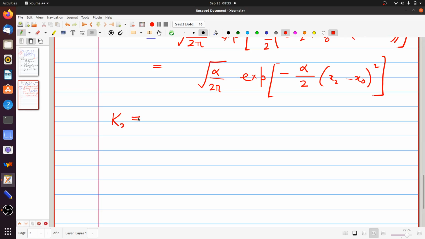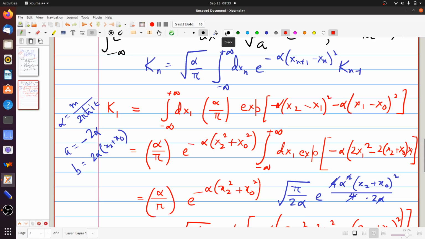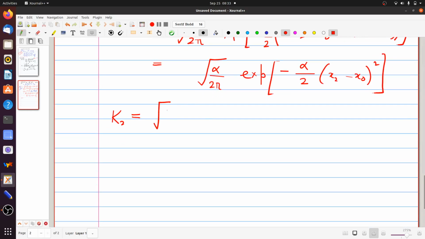So how much is K2? Well, I don't have to do two integrals now because I have this iteration formula for us. I just take in a root over alpha by pi and this exponential factor and k(n minus 1), which in this case is K1, and integrate. So I get root over alpha by pi